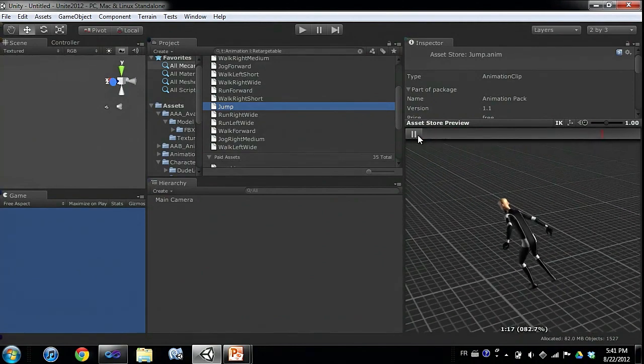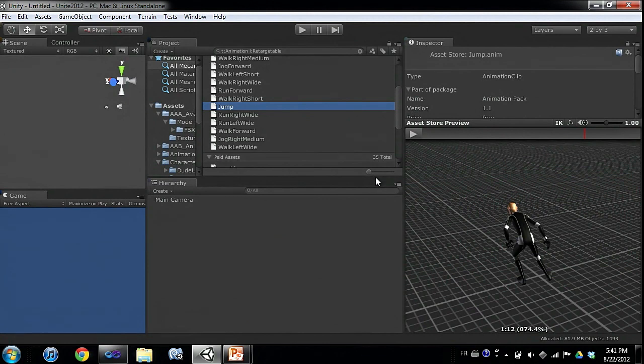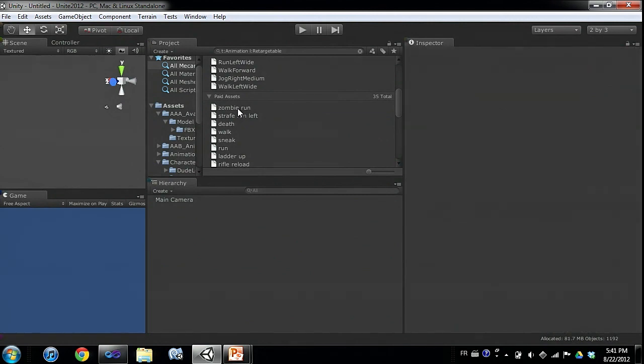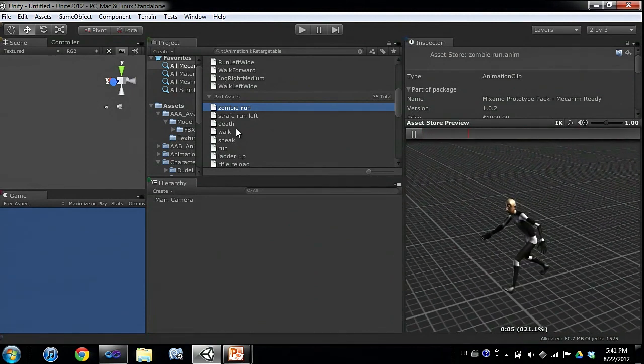You can have a live preview of the animation that is on the asset store before buying it. So here we have another list of assets. Those were provided by Mixamo. They gave us some assets, so providers can provide their animation assets and put them on the store. So I have a zombie run, for example, a death